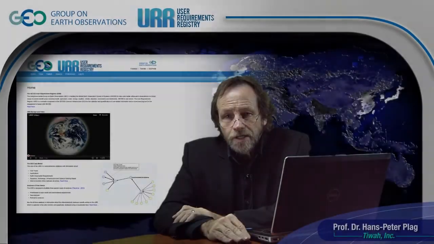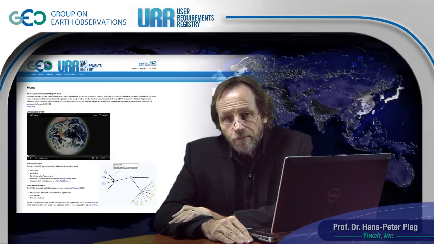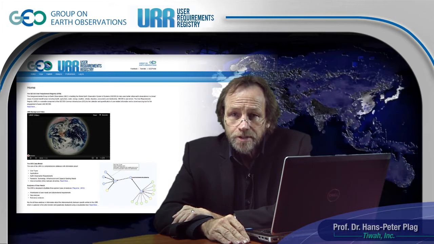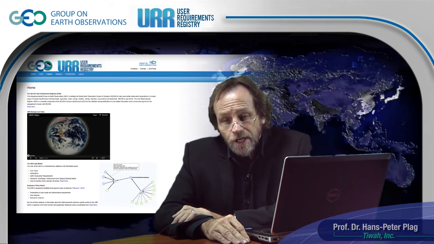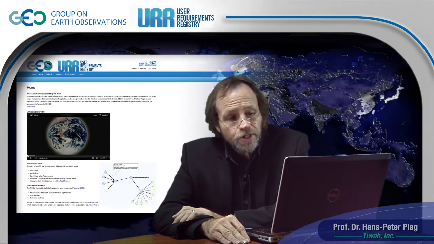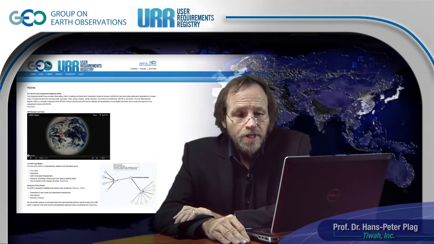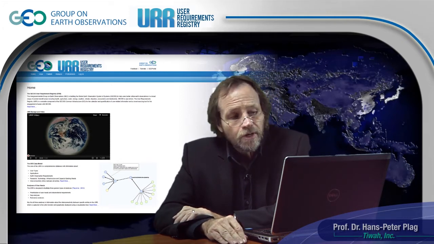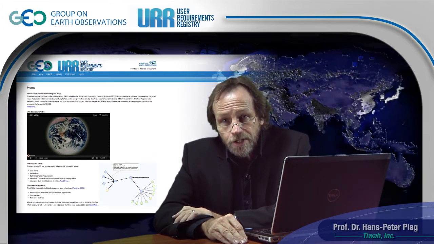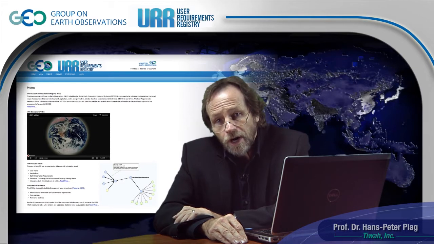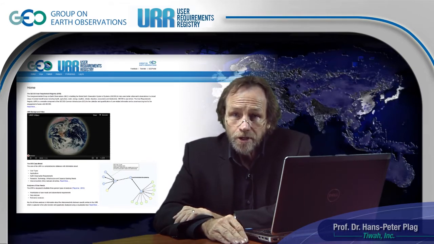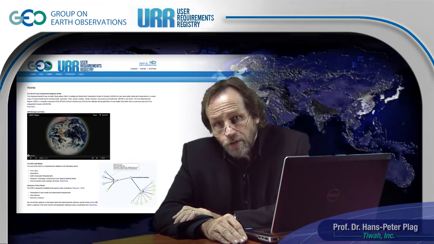What you see here is the homepage of the Geo User Requirement Registry, the URR. Geo, the Group on Earth Observations, is building GEOS, the Global Earth Observing System of Systems, to support global sustainability. To make sure that GEOS provides the information that our global society needs to make informed decisions, we have built the URR as a crowdsourcing tool, which allows you to publish your information on who you are in terms of